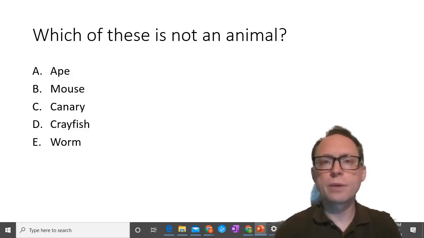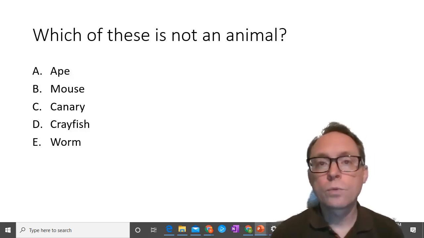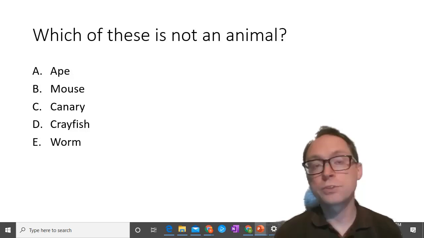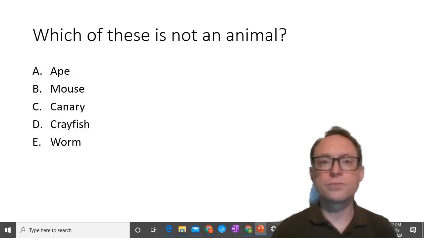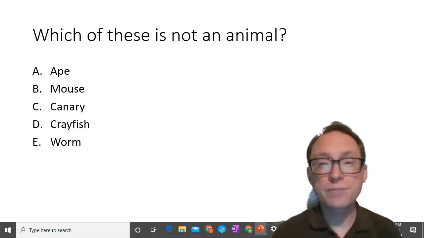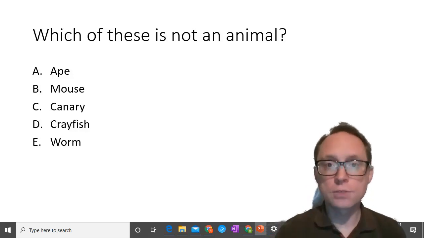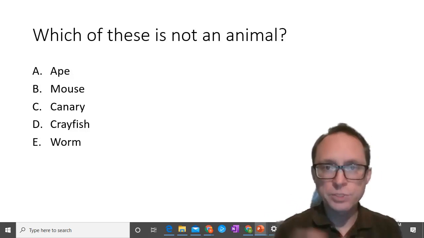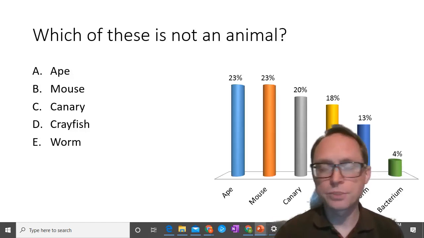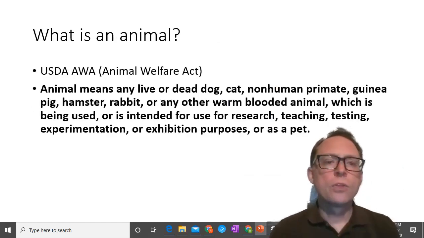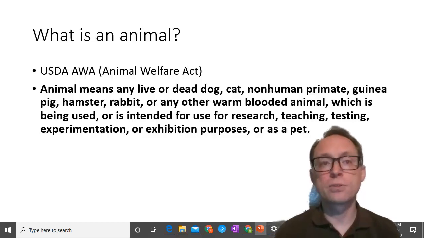Well, do you remember how we talked about with the human subjects that we had the Common Rule, which is the federal law regarding what constitutes research, what constitutes a human subject, what they have to do? Well, just like we had to define what a human subject is, we also have to define what an animal is. And this starts getting a little bit complicated when you look at the laws. So whatever your specific ethics or morality is, we're going to talk about what the federal law concerning animals happens to be. So there's two different federal laws that we might need to consider